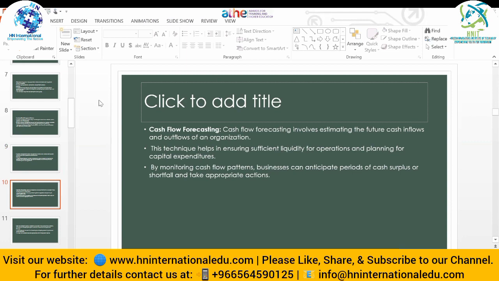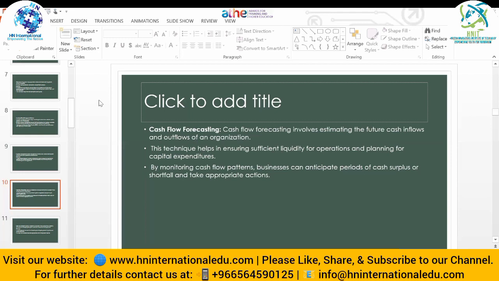Cash flow forecasting. Now, this involves estimating the future cash inflows and outflows of an organization. That is, whatever cash is coming into the organization and what is going outside. This technique helps in ensuring sufficient liquidity for the operations and planning for the capital expenditure. That is, for the big expenditures we are going to make in the future, this specific cash flow forecasting is going to calculate it. By monitoring cash flow patterns, a business can anticipate periods of cash surplus or shortfall and take